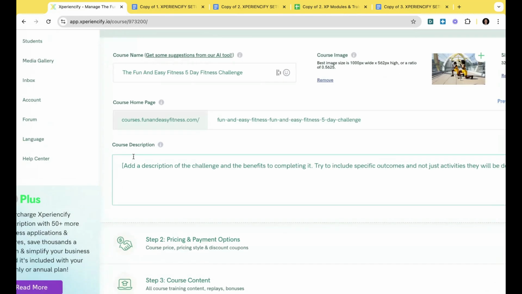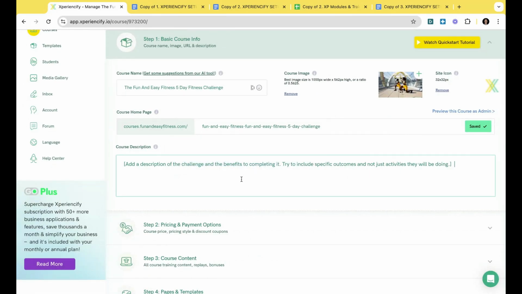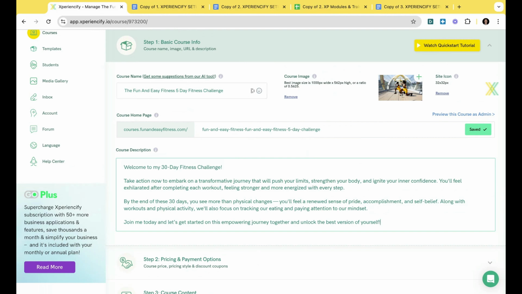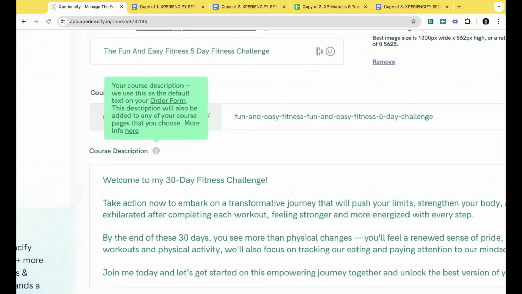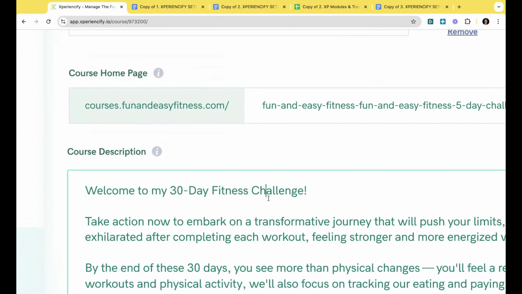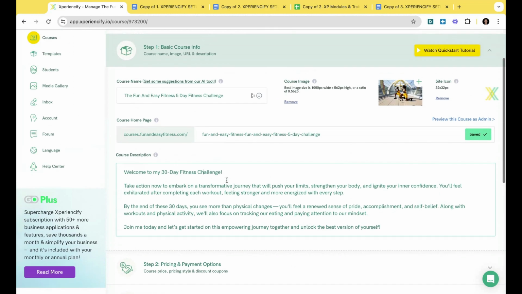So last, you have the course description. And the course description, as you can see here, is where you talk about the benefits of this course and when it is completed. I've already created that. This is also going to be something, and we'll see it later, that is going to appear on the order form. So you can see here, this will be on your order form, and it'll also be added as a description on the pages if you'd like to. We can use something called tokens in order to do that. But by default, it's going to go in your order form. So you want to be complete in your description of the course, but you also want to keep it tight, because you don't want to be too long-winded about that. But obviously, anything you do, you can edit going forward.